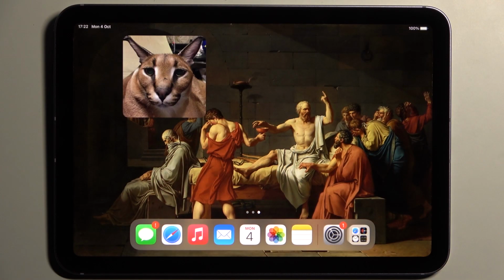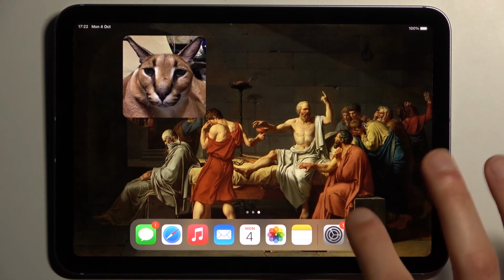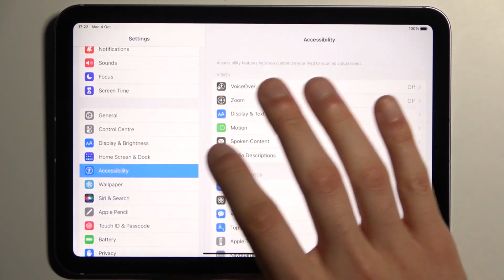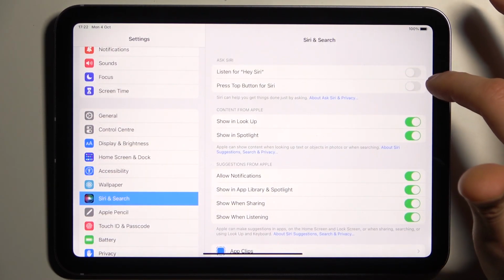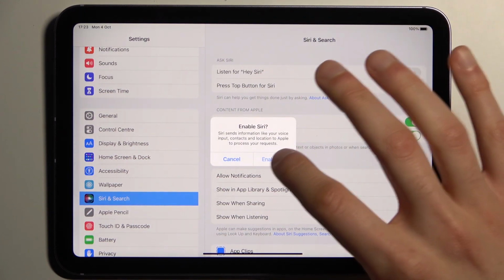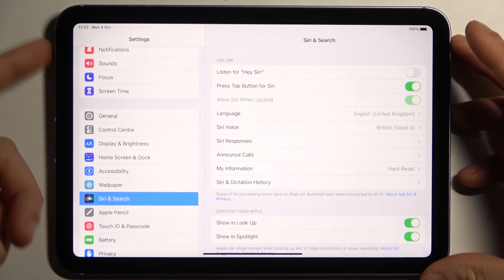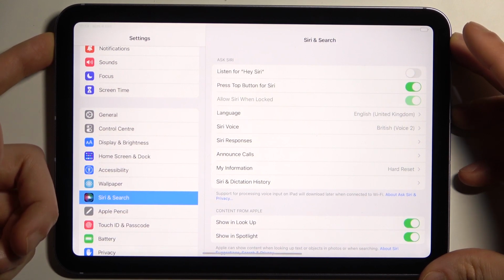Here I have iPad mini 2021, and today I'm going to show you how to link or unlink the power button to the Siri feature on this device. So firstly, you have to open Settings, then go to the Siri & Search section, and here you have to enable Press Top Button for Siri. Then tap Enable Siri, and now when you hold down the power key,